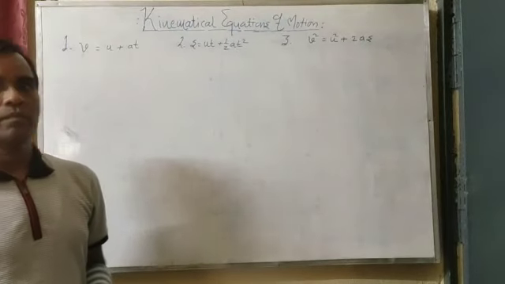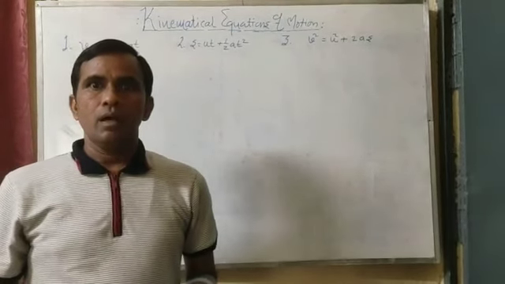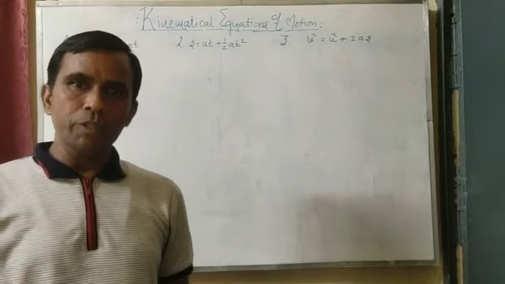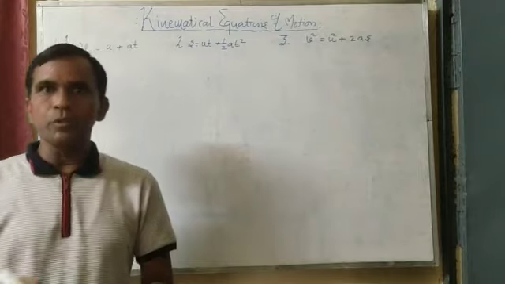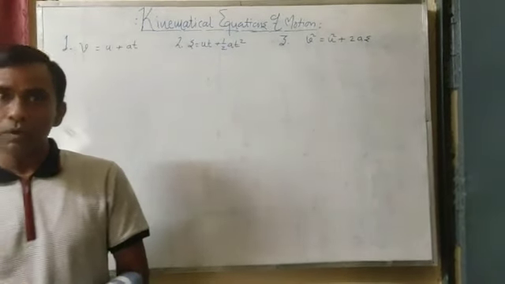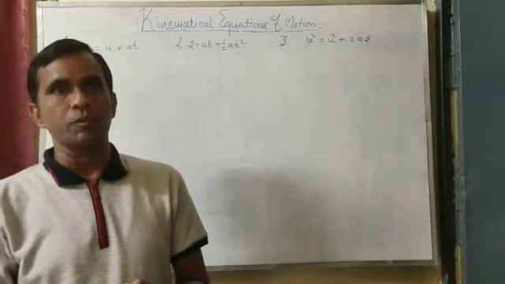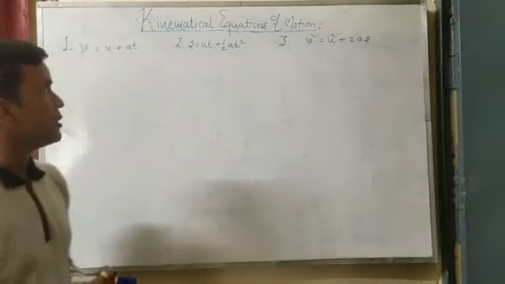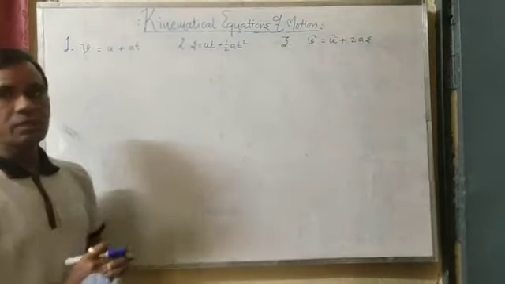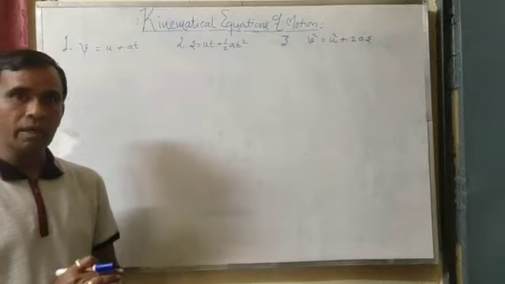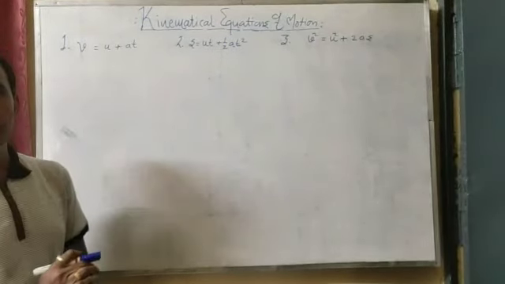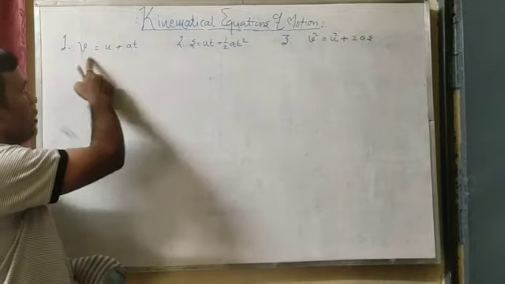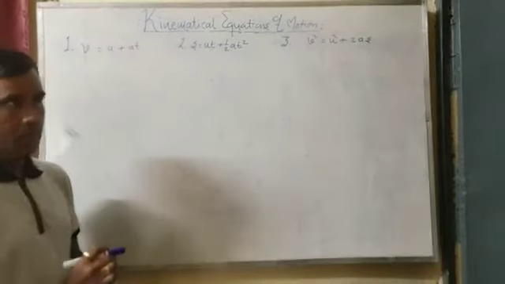Kinematics means the study about the motion and its different parameters without going into the details of the causes of the motion. That is kinematics. Actually, kinematics is a word originated from a Latin word kinema. Kinema means motion. On the basis of that, we can say the kinematical equations of motion. These three equations are there, which we are very much familiar with.